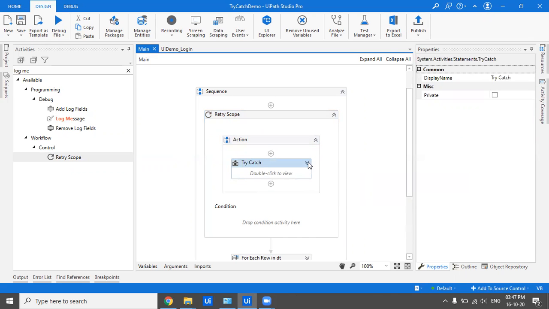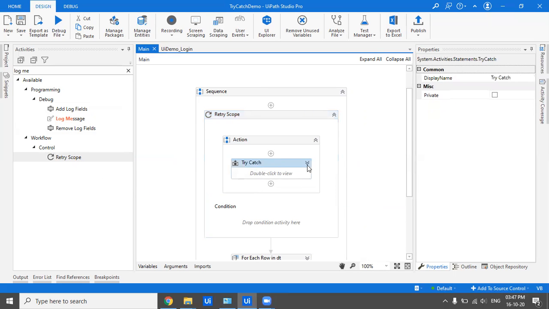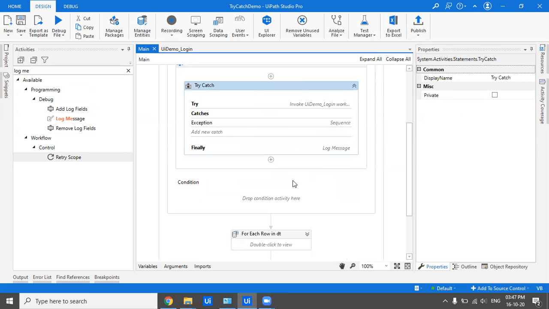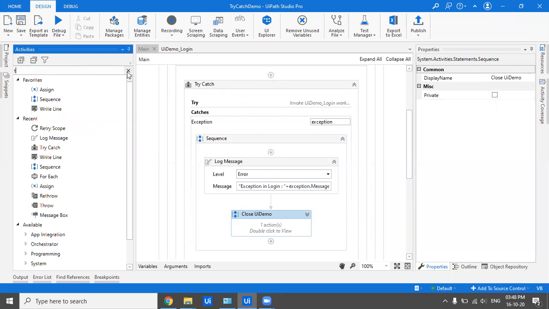Now, what condition can I keep? Okay, so one thing is that I just leave it as it is, and the retry scope would only retry when there is an exception. Retries the contained activities as long as the condition is not met or an error is thrown. So if I want to retry, I throw an exception from here. It would go to the retry scope and see if there is an exception, which means that I have to retry. If there is no exception, then I can just move ahead.